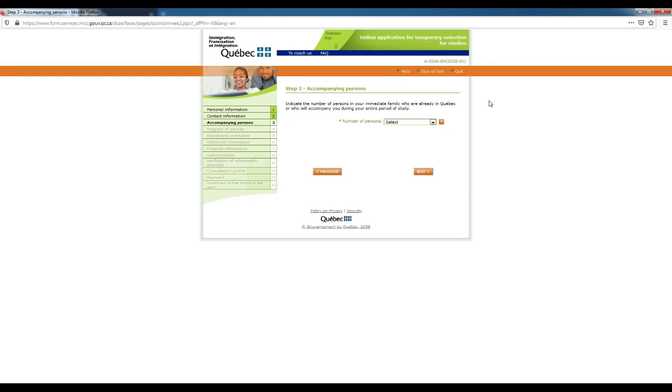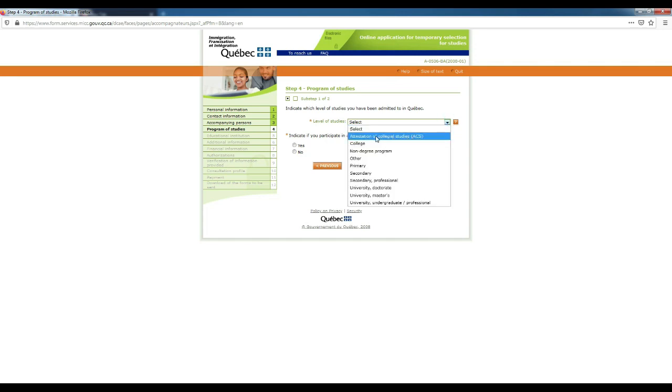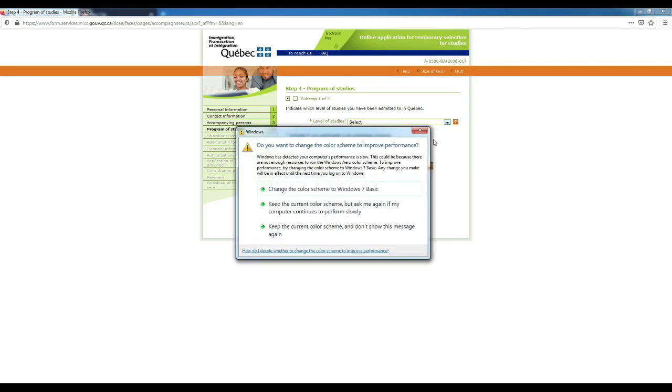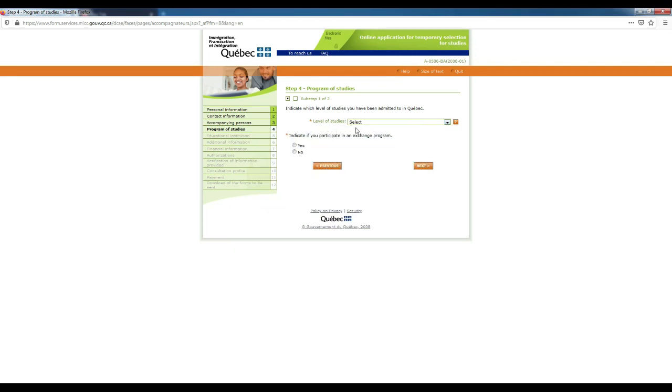Here you have to select the number of family members that are living in Quebec. It depends on your background, if you have any. I have selected 0. Then click the next button. Now choose your level of study from the options that are given. Basically students go for the ACS and AEC category, but if you have something other than that, you can go with that. You can select your level of study from the LOA that you have already received. You'll get to know from your LOA what your level of study is.